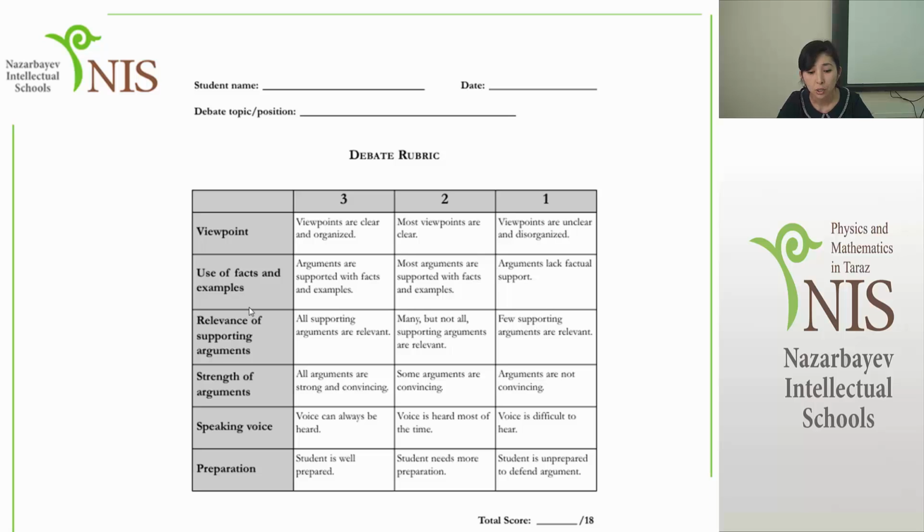Speaking voice. Voice can always be heard, 3 points. Voice is heard most of the time, 2 points. Voice is difficult to hear, 1 point. Preparation. Student is well prepared, 3 points. Student needs more preparation, 2 points. Student is unprepared to defend argument, 1 point. So the total score is 18, and the whole time for the debate is 10 minutes, 5 minutes for preparation,